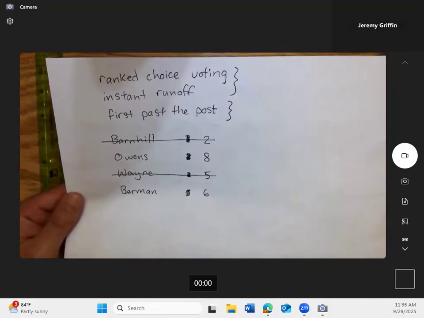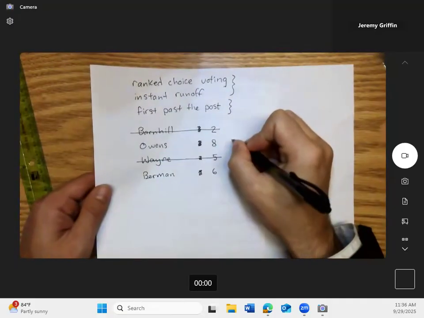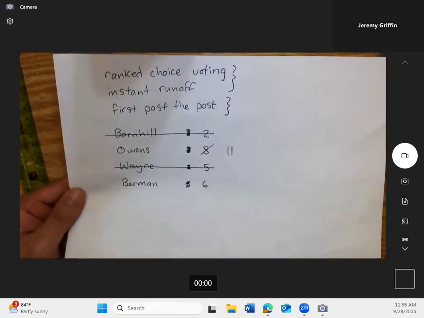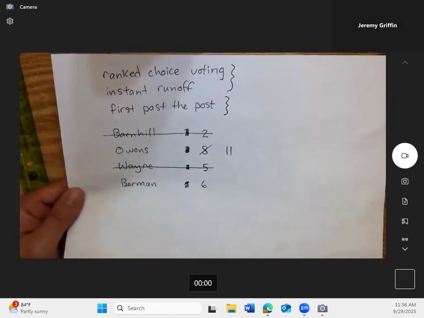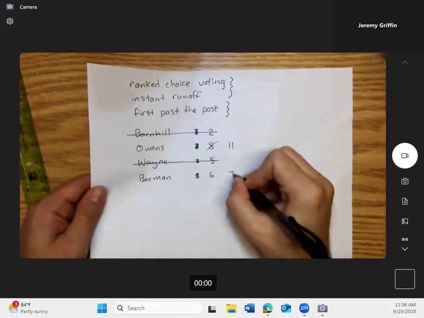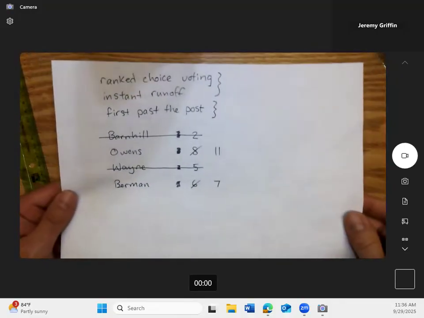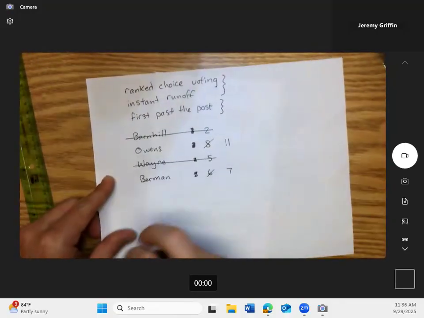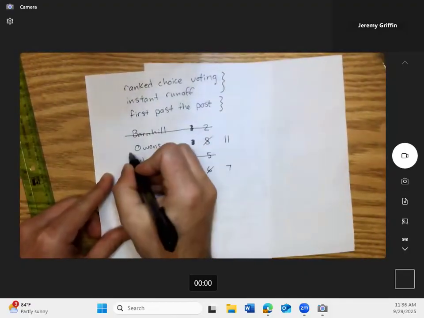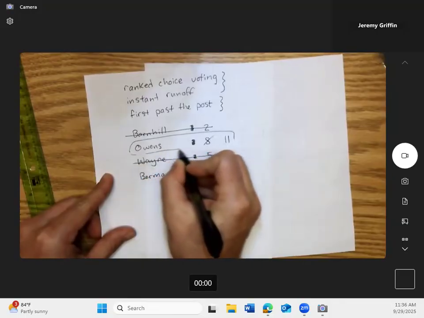Mr. Owens, who's voted for Mr. Owens? Got 1, 2, 3, 4, 5, 6, 7, 8, 9, 10, 11. 11 on Owens. And who's voting for Miss Berman? We got 1, 2, 3, 4, 5, 6, 7. All right, so that's how it pans out. Now there is a true majority, because it looks like at least 18 of you guys voting.